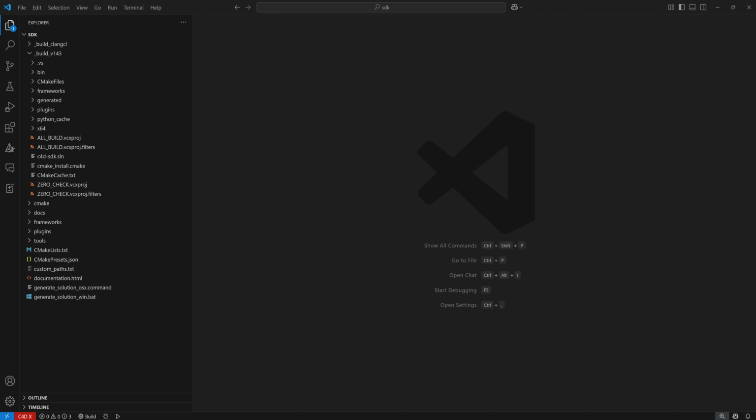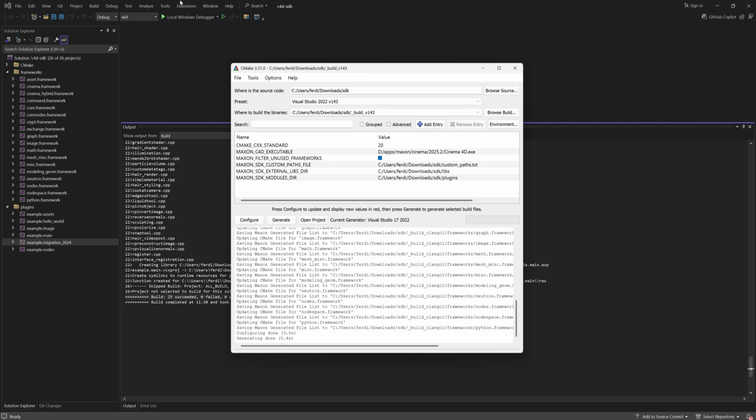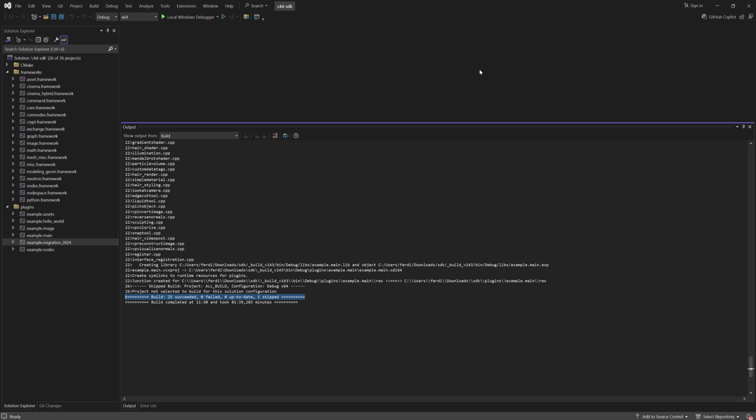So we are right off where we stopped last time. We have here our MSVC build system. So we didn't actually build Clang, but we built here the MSVC build system. And we have here this build output, so everything succeeded building. So if you remember, when we generated our build system, we set here the debug executable with which our project shall be debugged. And if we now click here this local Windows debugger button,